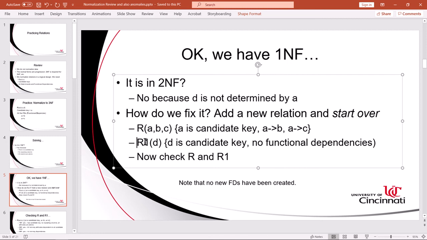R1, and it contains nothing but that little orphan attribute that was not determined by the candidate key. It has no place to go, so we will put it into its own relation. We will arbitrarily say that D is the candidate key for R1 because we don't have anything else. And in order to be in 1NF, we need a candidate key. We will say then that D is a candidate key. We will say there are no functional dependencies, and mathematically there can be none because there is only one attribute